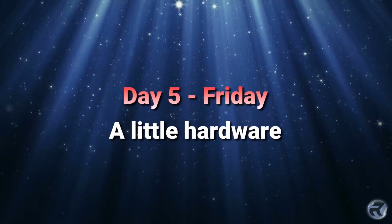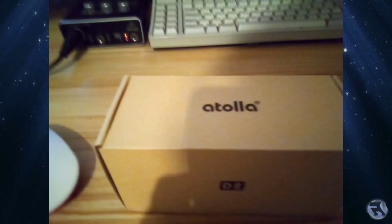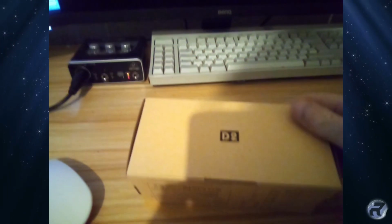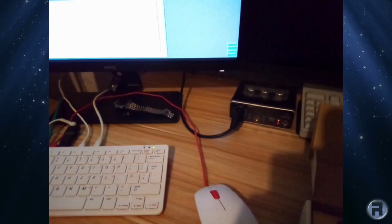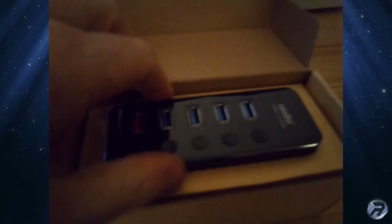Day 5, Friday, a little hardware. Right, look what's come through the post. Now this will make things a lot easier for me. And if you use a Raspberry Pi or Raspberry Pi 400, I recommend you get one of these. What is it? We'll find out in a minute. It is a tiny little hub. And it's made out of aluminium, which is very nice. There's a bit of weight to it. It's not made out of plastic. And it will enable me to move all that there and plug it there. And it's got a little power one as well, so super fast charging. And individual little buttons to switch each one on and off. So you could have a lot of...